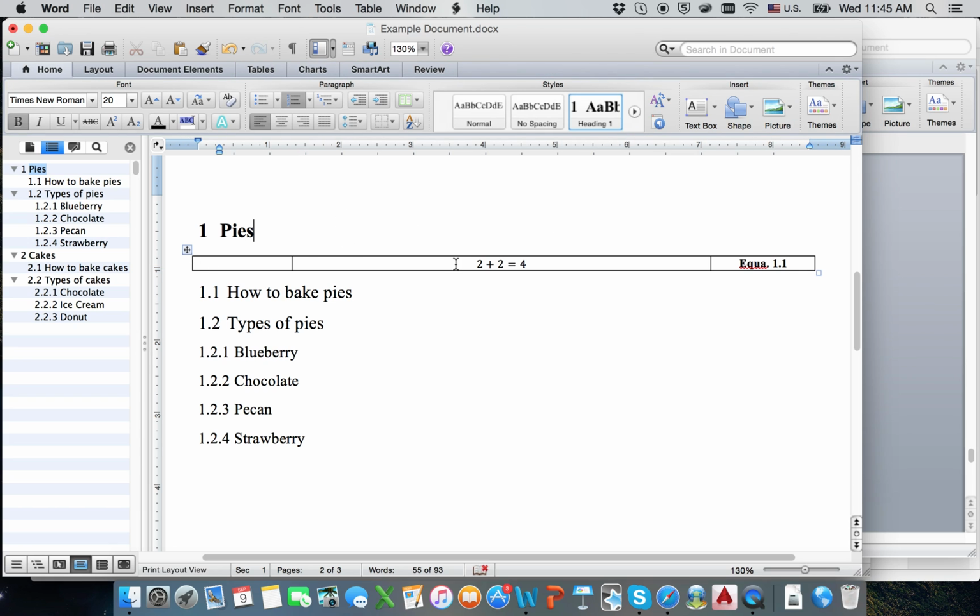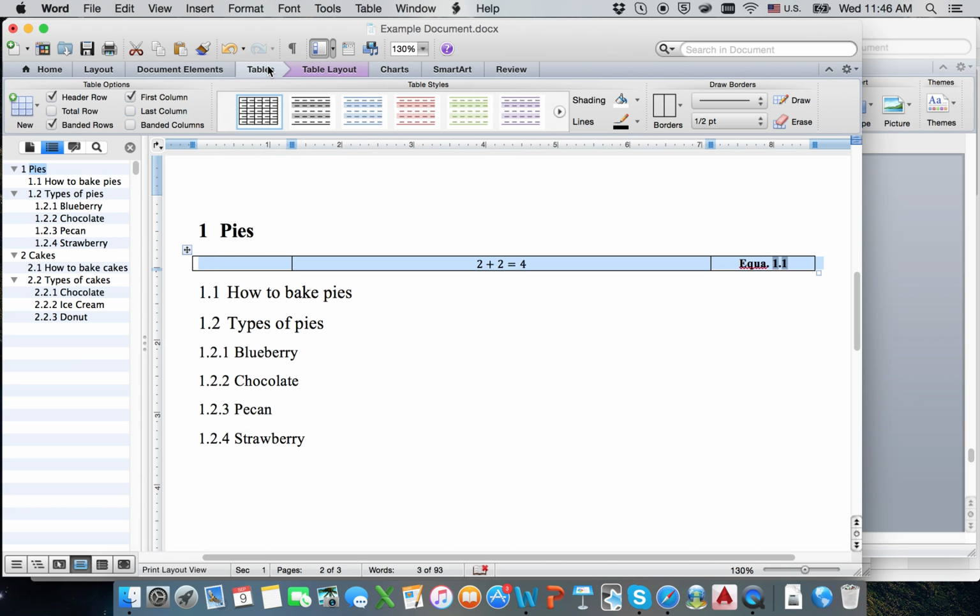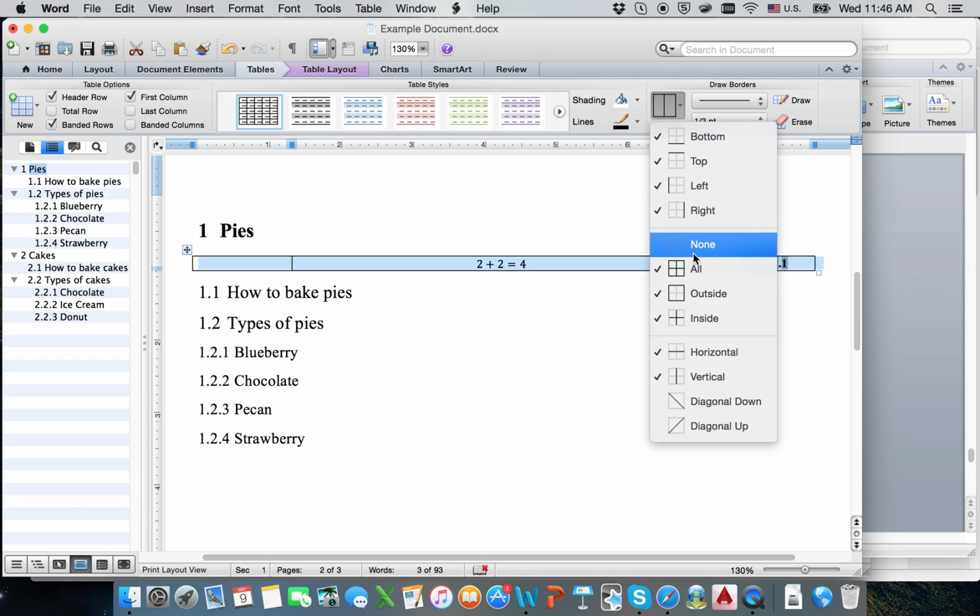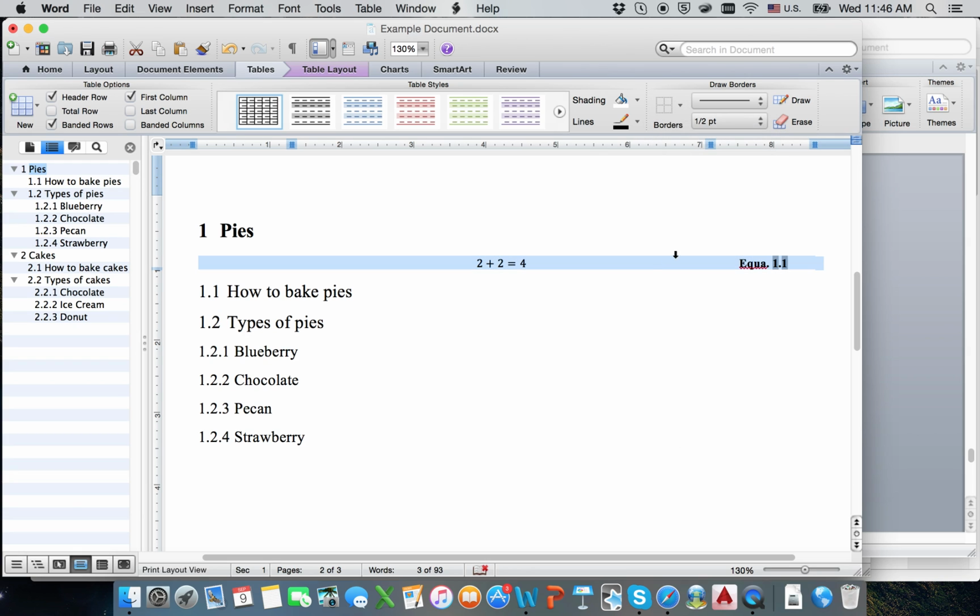And lastly, we want to get rid of these table borders. So let's highlight this, go to tables, and you can see we have this border options. So if we click that, right now it shows all borders. We want to show none. And there you go. So now we have an equation with the equation itself being centered and the label being